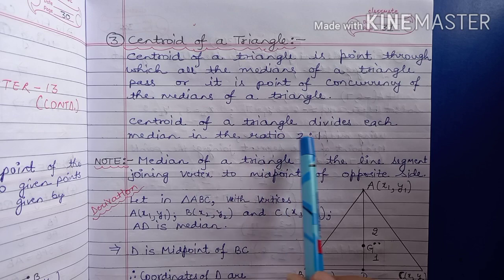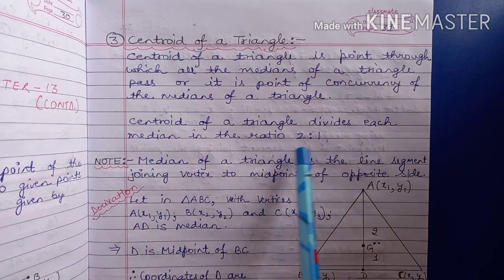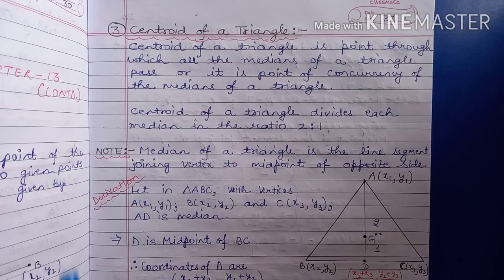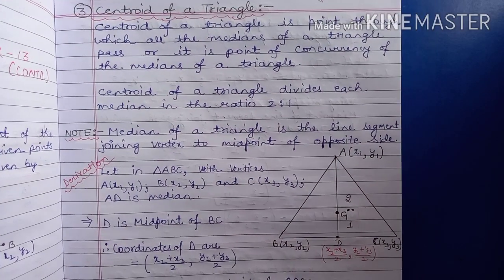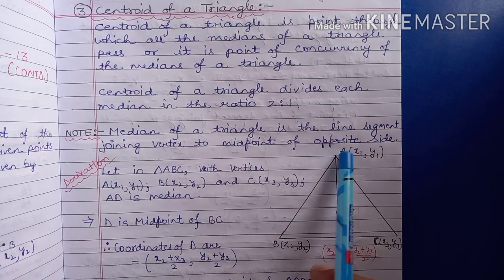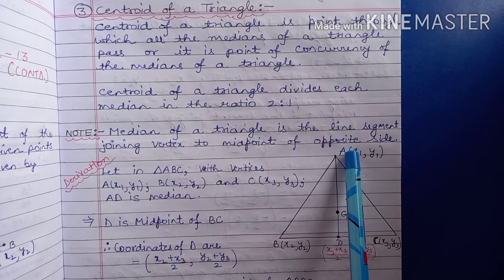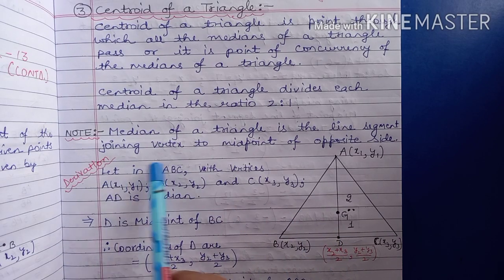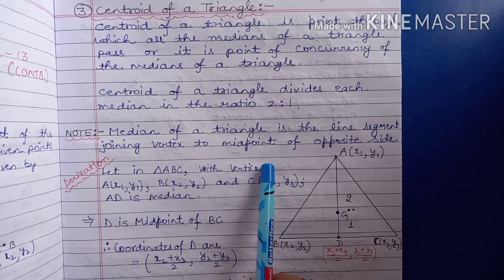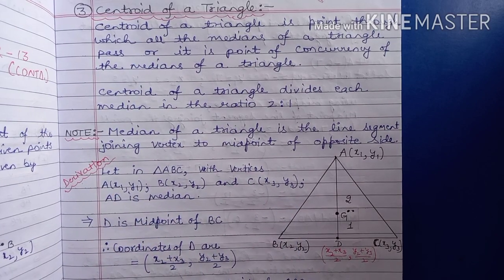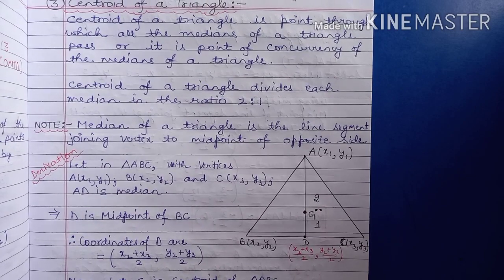The centroid of a triangle divides each median in the ratio 2:1. And note one thing, that the median of a triangle is the line segment joining a vertex to the midpoint of the opposite side. So here we will derive a formula for the coordinates of the centroid of a triangle when all the vertices are given. For this we consider a triangle